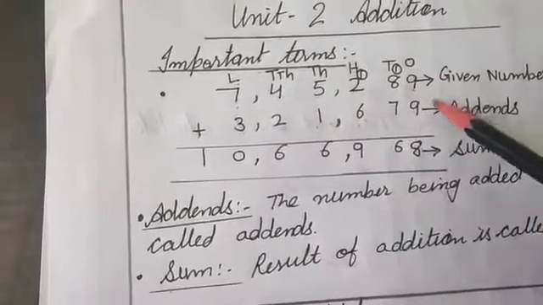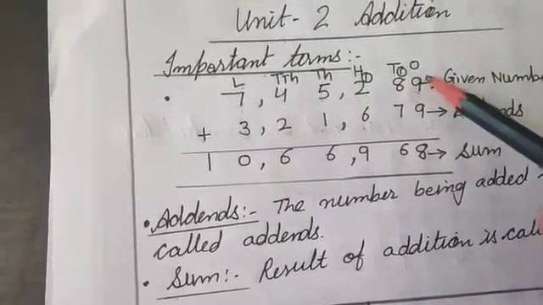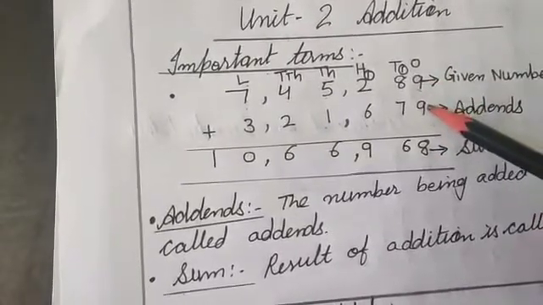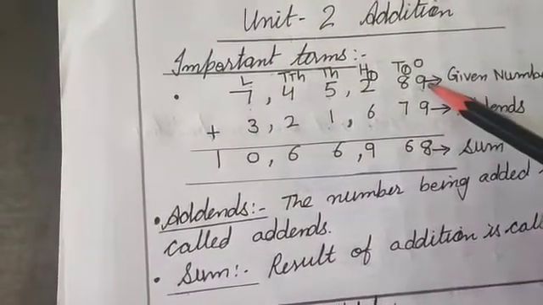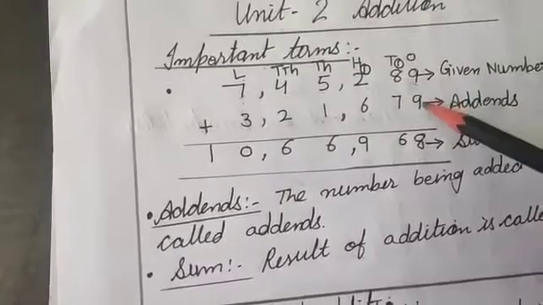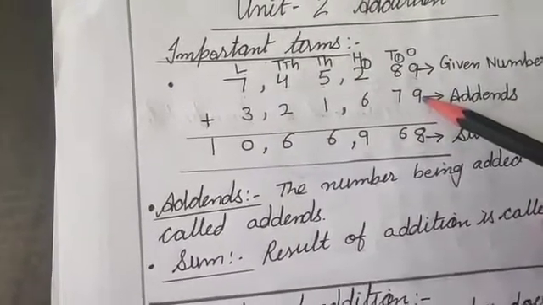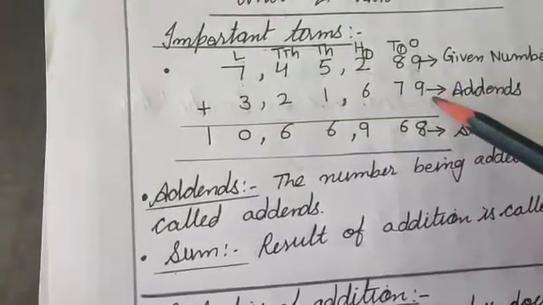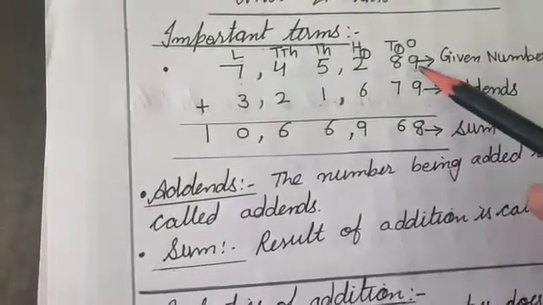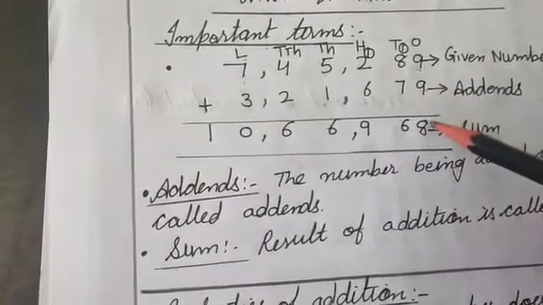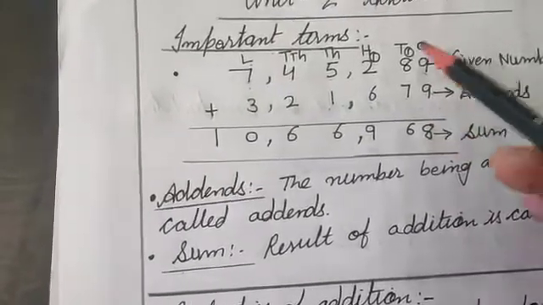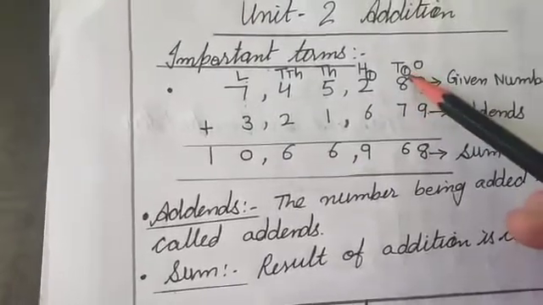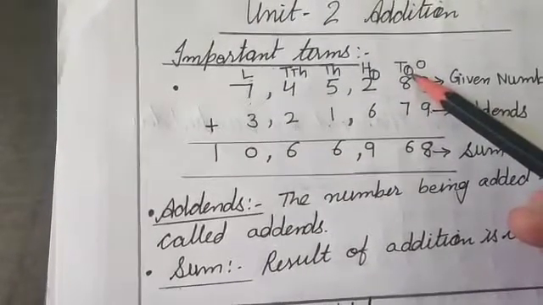For addition, what is the first step? Firstly, we will add the ones place digits. So 9 plus 9, we will keep 9 in our mind, and this 9 also we will keep in mind, because now you are in class 4. So no need to count on the fingers, count in your mind. 9 plus 9, it becomes 18. So 8 I have written here and 1 carried. 8 plus 1 carry, 9.